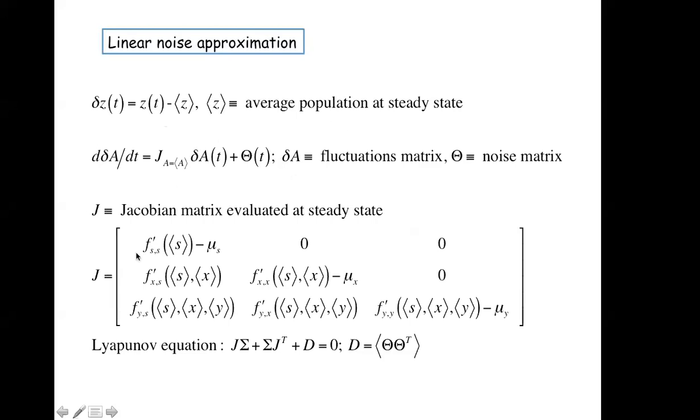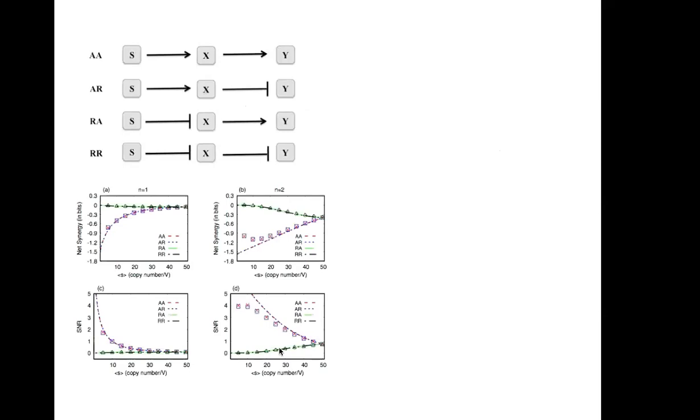very standard math, and we arrive at a matrix which is known as the Jacobian matrix, and from this Jacobian matrix we can write an equation called the Lyapunov equation. This is very technical, I must admit. Given all this technicality, if we now solve this Lyapunov equation, since we have linearized around the steady state, it is exactly solvable. I'm not going to write the expressions of variance and covariance because it's more scary, and I'm just showing you the result. And the result is this.